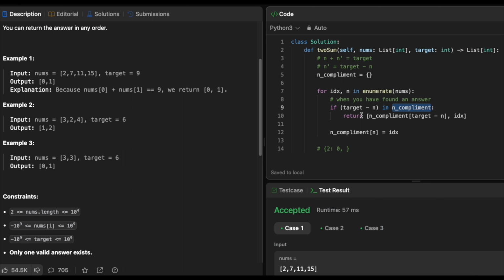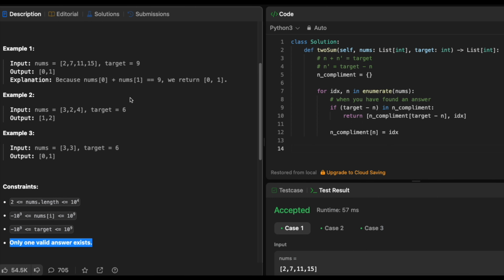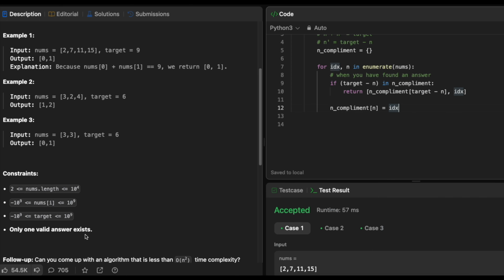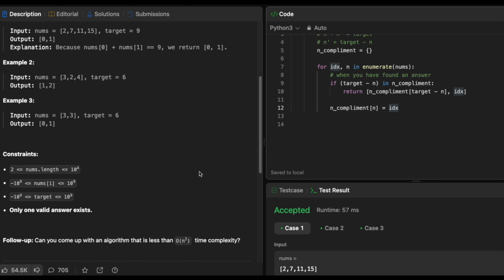So to repeat, have we seen the complement of this current number in the n complement dictionary? If this is the case, you have the answer, which exactly happens in this case. You'll check, is target, which is 9, minus 7, which is 2, is 2 in our n complement? Yeah, it's there. So then you simply return that and you have the answer. And the reason why I'm not returning none or anything here is because they've told that you have one valid answer. So this is another reason why we return immediately after finding an answer, because there's legit one answer. So there's no point in going forward and looking, because you will just exhaust all the numbers in your nums list